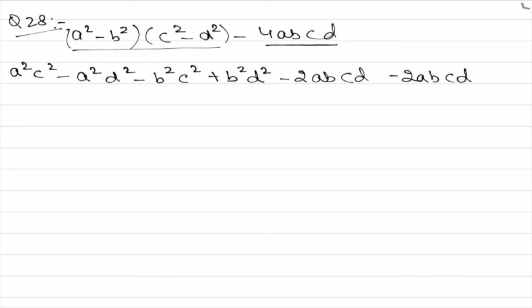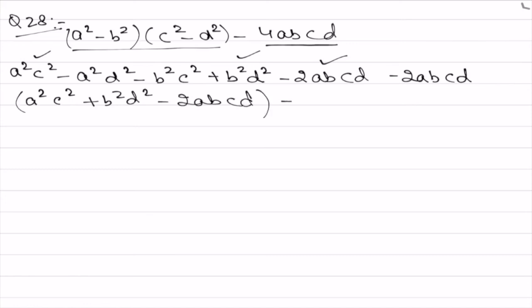Now here we have to rearrange the terms. So I am taking a square c square plus b square d square minus 2abcd together and remaining 3 terms together. So a square c square plus b square d square minus 2abcd, and the last 3 terms together, minus a square d square minus b square c square